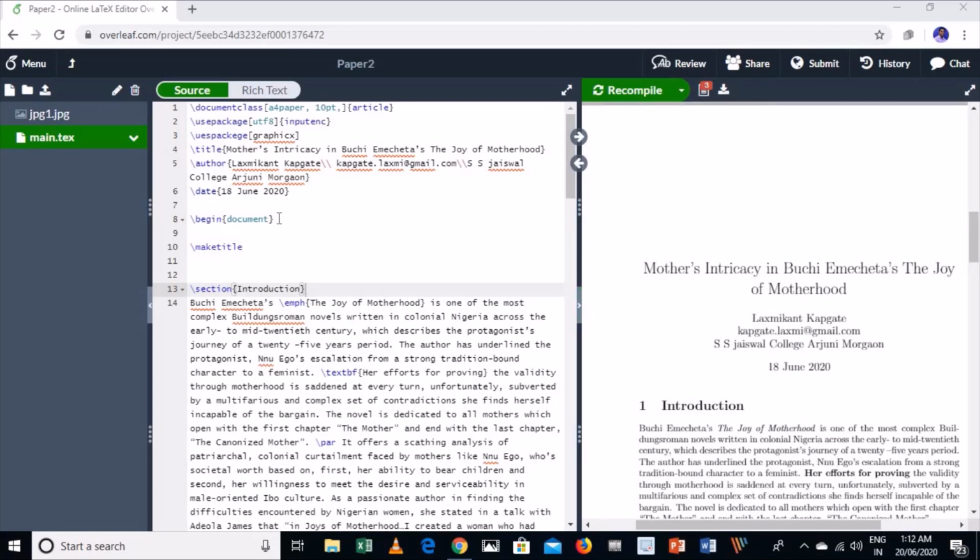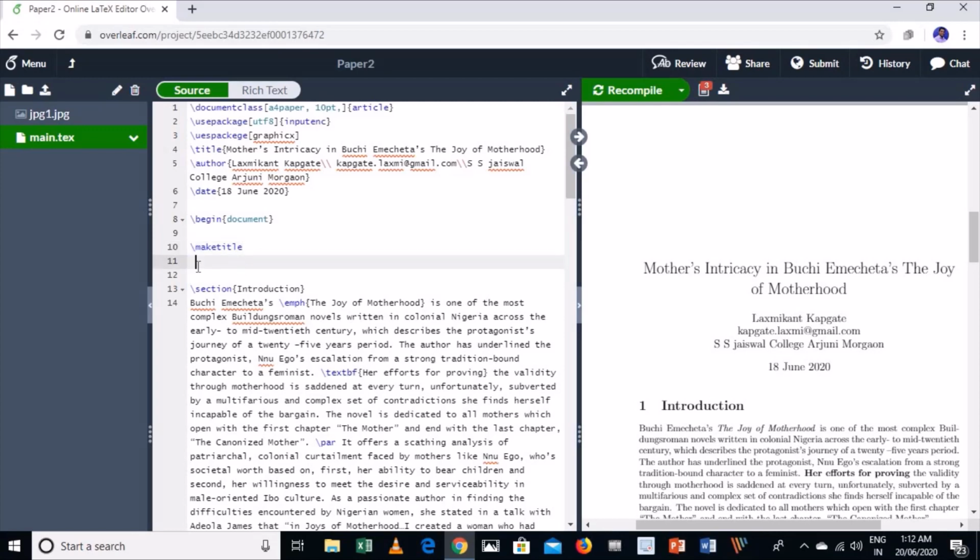For example, this is just before this section. You can see this portion is known as the preamble of your document. In this preamble we can select the packages, and write the title, author, date, and your document class. So here we are going to add our abstract in your paper.